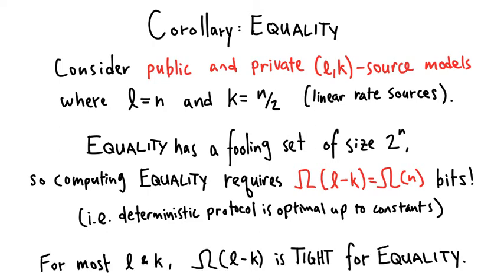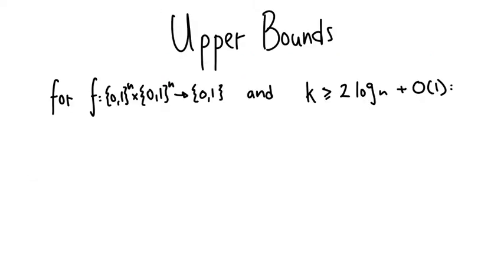And in fact, what we show is that this lower bound, for a large variety of L and k, is tight. As promised, we have some upper bounds, and these aren't specific to equality, but are quite general. For any function f, a Boolean function taking two n-bit inputs, and k, our min entropy bound, greater than 2 log n, so here we place some requirements on k,